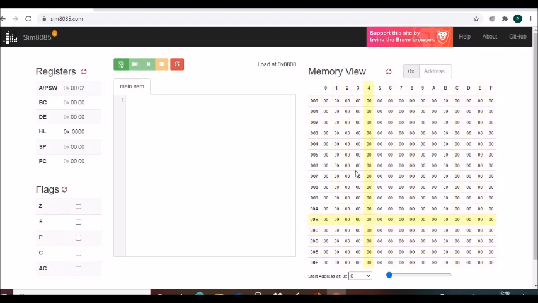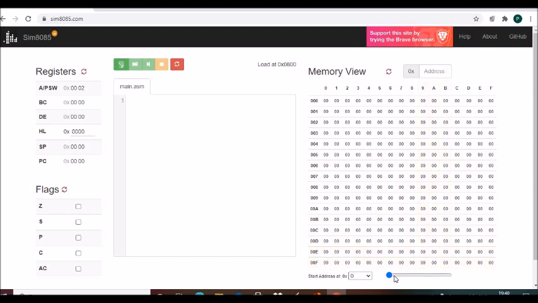This is your memory section. See, these are the rows and columns. So how to locate a memory location? If you click here, see, it is showing 000. So this is memory location 000. How has it become 000? The row is 00 and the column is 0, so together it makes 000. Similarly, here this is 0001 memory location. This is 0002 memory location.